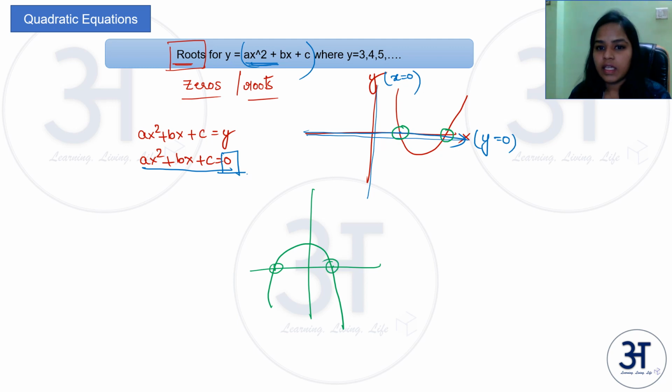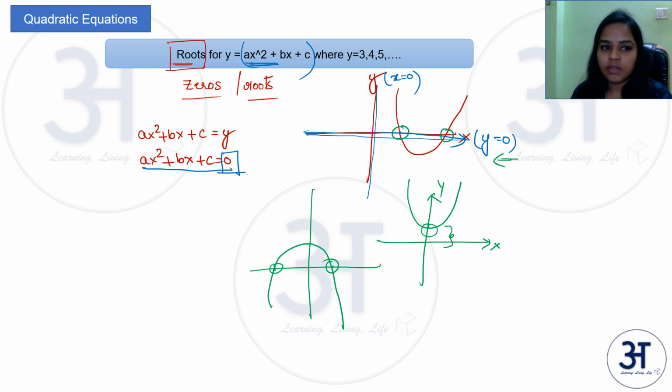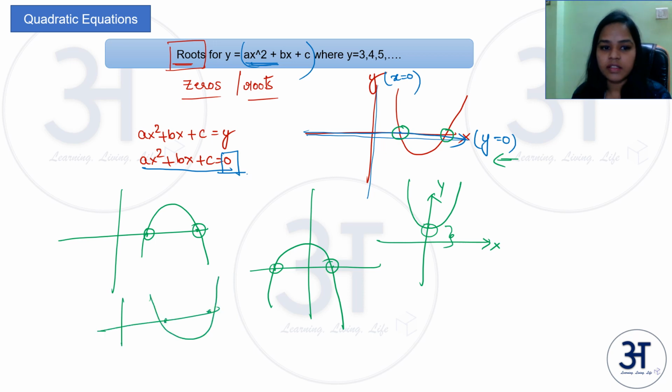two are your roots. If your parabola is somewhere here, this is not cutting your x-axis anywhere. So this means this parabola does not have roots, right? So you can take some time to get familiarized and comfortable with this. But yeah, if two roots are given, at least we know 2 points of a parabola. So the parabola can either be like this, or for the same roots it can be like this, opening upwards or opening downwards. So let's move ahead. Let's move to the next concept.